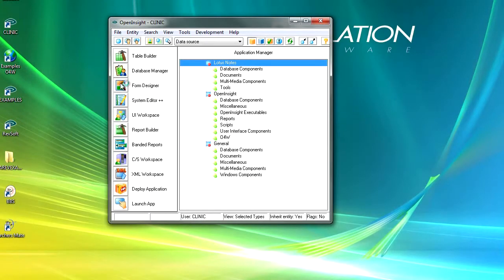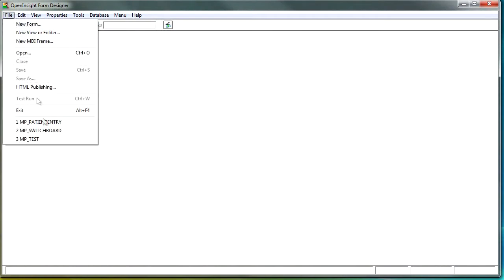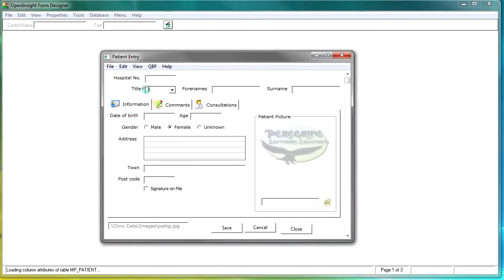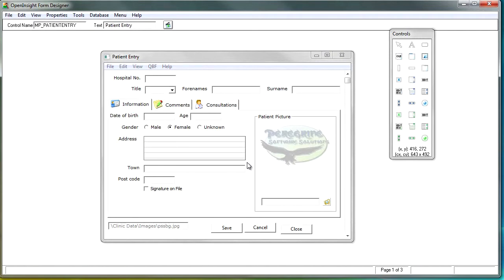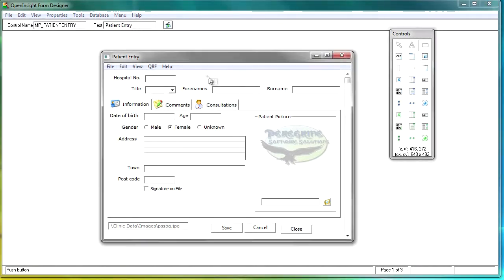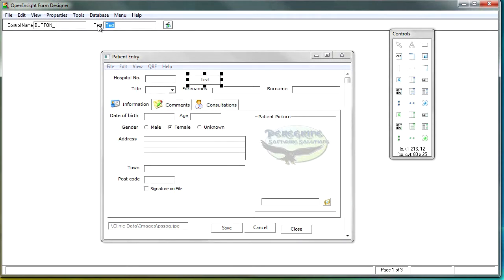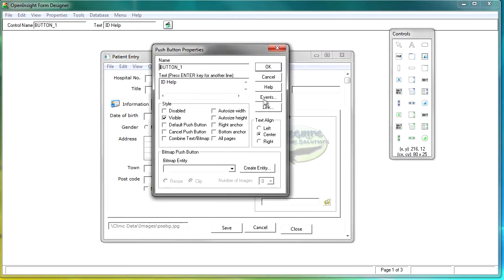We now need to obviously hook it up to our Windows somehow. So we'll go back into the interface here, and I'm going to drop on a button. Now this could be done on the options or pretty much any event where it makes sense for you. Let's just move this across, and I'll just call this ID help for no real reason. And if we go into the events and the quick events,